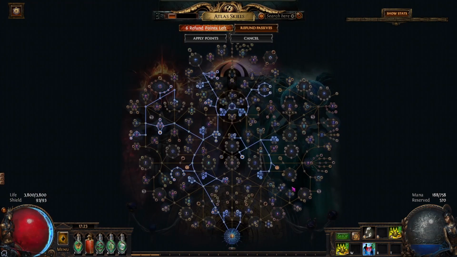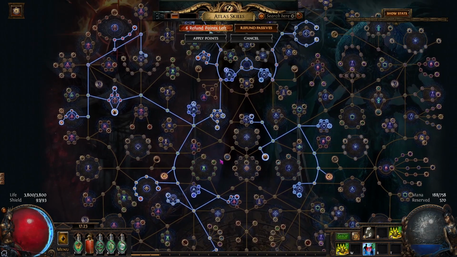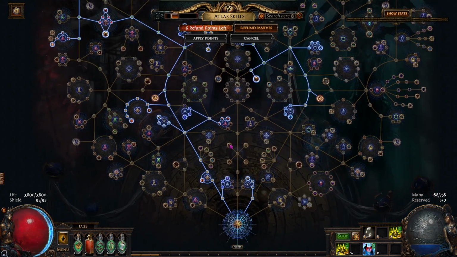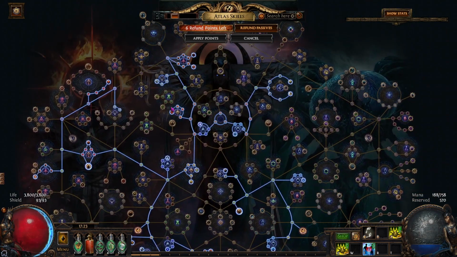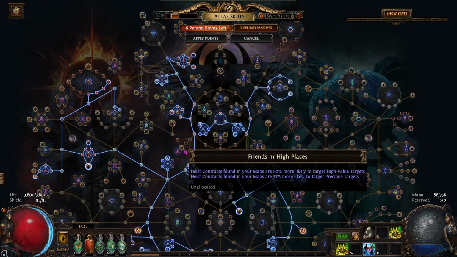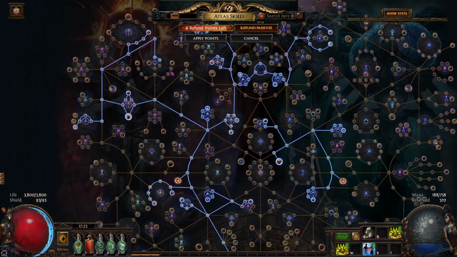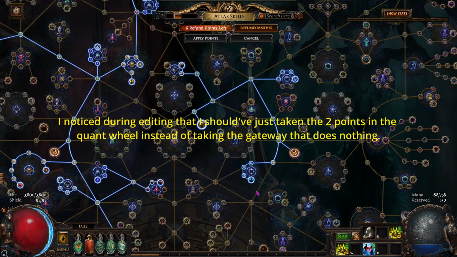So in order to facilitate speed mapping, most of the left side of the tree is the same as my Metamorph video. So I take Essence, I take Heist Caches. I dropped this node because no one really cares about high value or precious targets, but everything else should be about the same. And then we're going to take this Cryptic Gateway to the right side in order to take